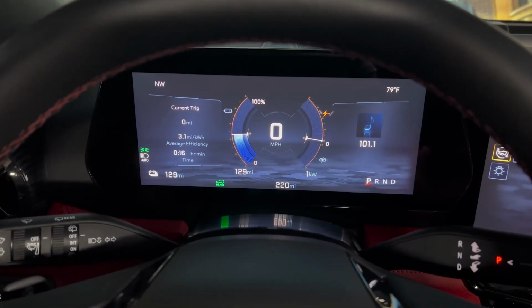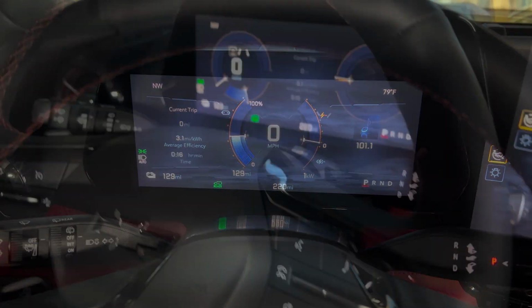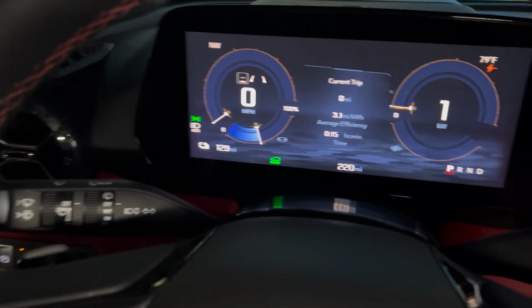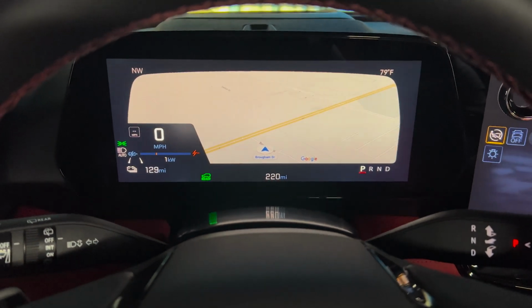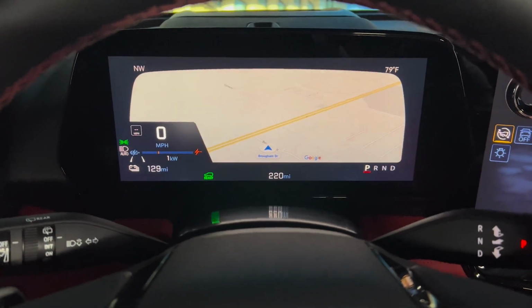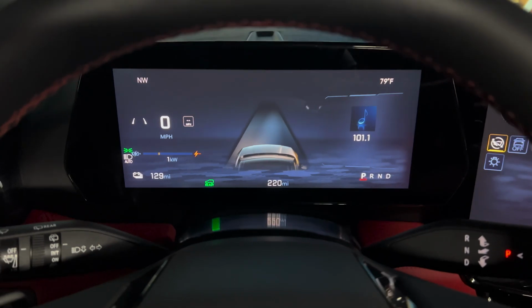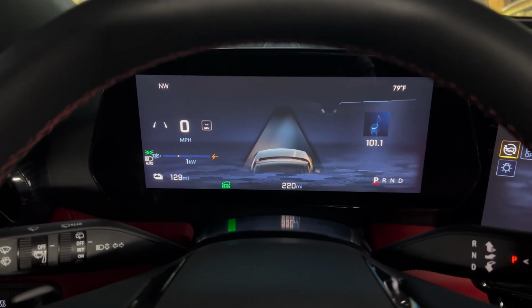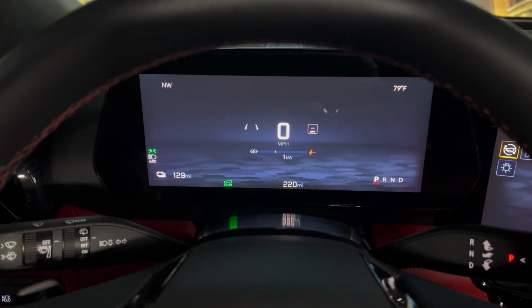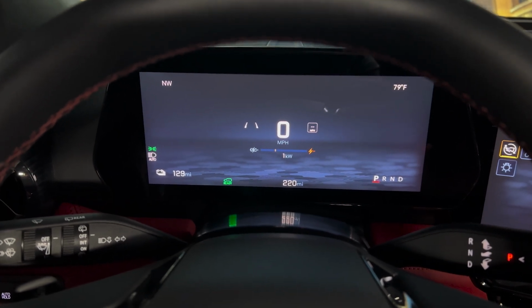You're looking at what we call the single gauge theme. Next is the dual gauge theme. After that, we move to the Google Maps theme, which allows you to view navigation as you're driving. Next is your driver assistance theme that will show your lane keep assist and your following distance as you're driving. And the last one is called Clean, which gives the driver a minimalist view, just to see your speed and